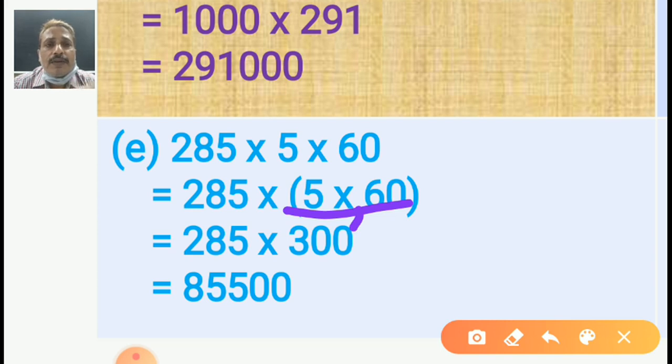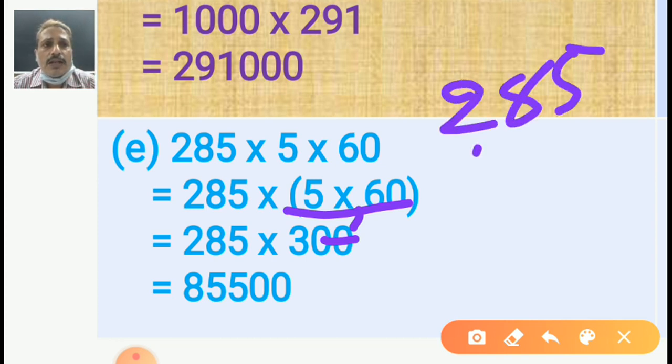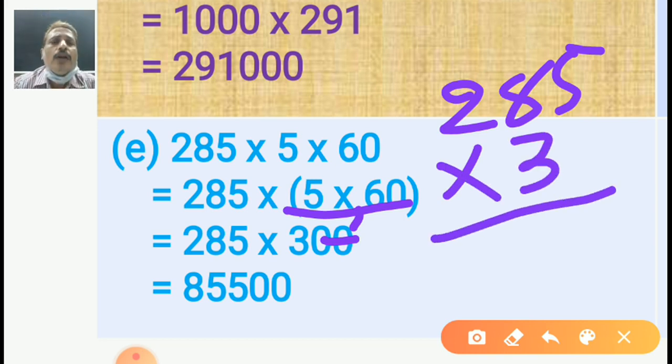Okay, regarding this one, forget about the zeros. What can you see? Yes, my dear student, 285 multiplied by 3. Still now you don't have the practice to give the direct answer. So what are you doing in rough notes? Everybody has to work out the answer for this one. Multiply by 3. Look at your question and find the answer. 285 multiplied by 3. Your time starts now.